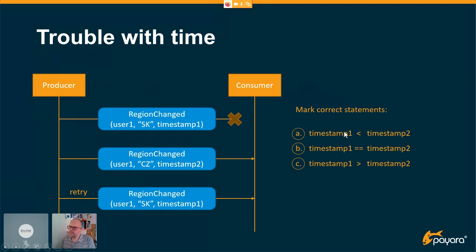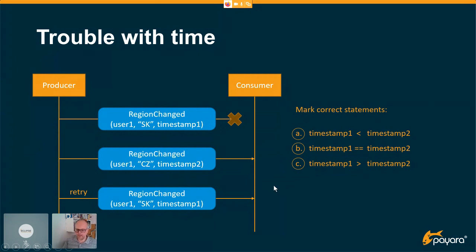The first is the usual way this happens. The timestamp at the producer was smaller on the first message than it was on the second message. However, if this was an automated change or a mass change, we hit the trouble that computers these days handle more than one transaction per millisecond, and therefore the timestamps will be equal. And to get the third one, you will need a little bit more luck,